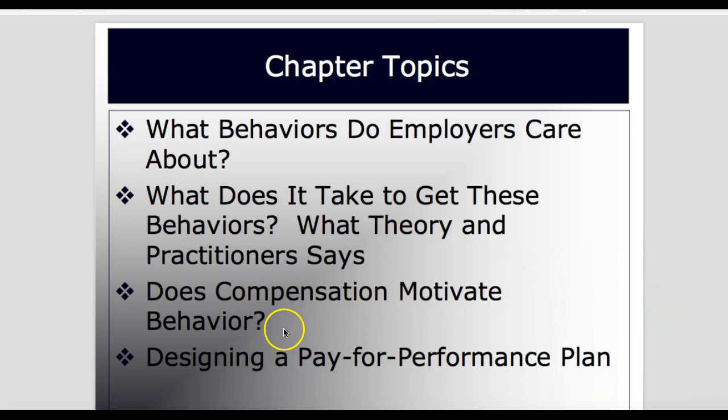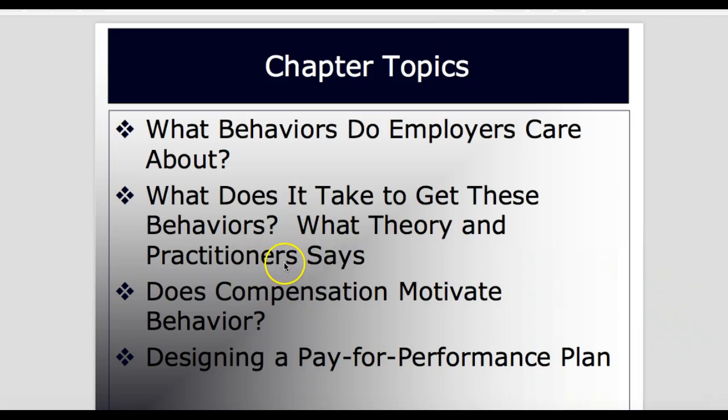And last, assuming that compensation does motivate behavior, now we're talking about designing a performance plan, so that the compensation will incentivize or motivate employees to meet employers' expectations. And so that's the basic idea behind the plan,